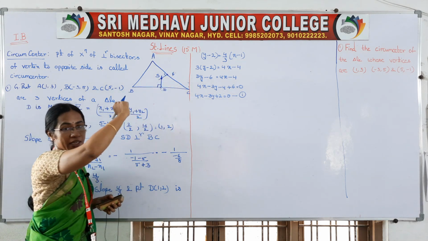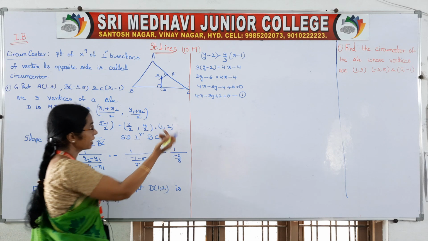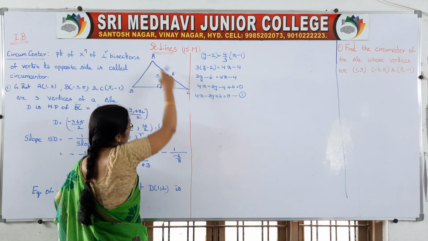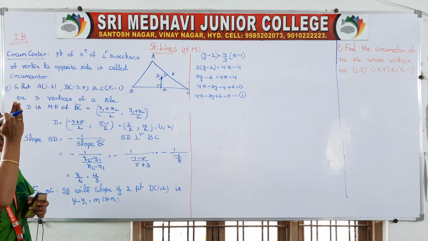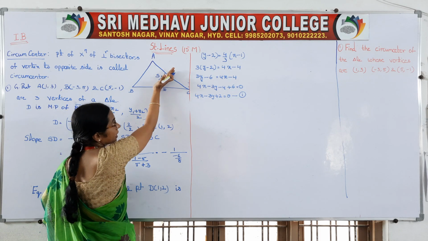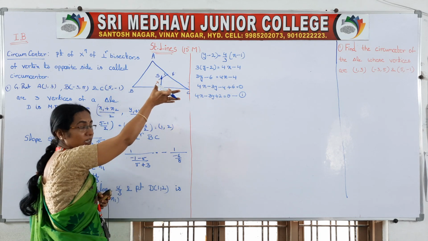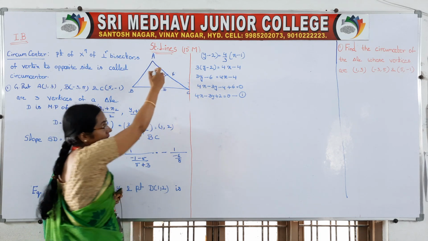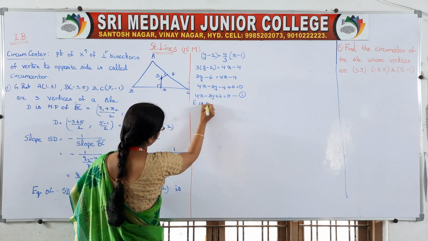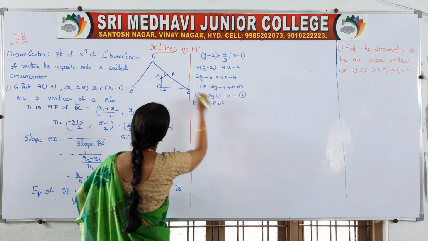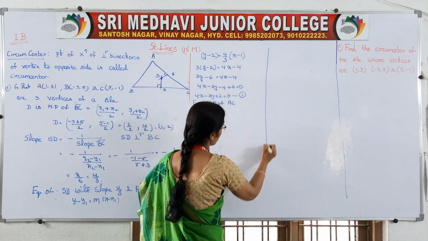Again SE is a line. To write a line we need one point and the slope. So how can we get the point? Again this E is the midpoint of AC. Why is it the midpoint? I said SE is the perpendicular bisector, so it exactly divides this into two equal sides. Two equal sides means this point is nothing but the midpoint. So E is the midpoint of what? AC.